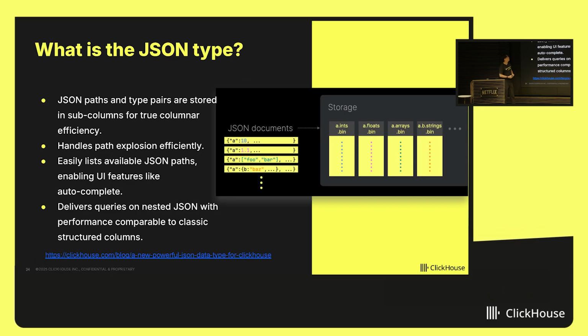And one of the things to talk about is what the JSON type actually is. The big thing that we do is that for every property, we will try to store it as its own column effectively. So instead of having everything stored in one massive column, it will take the paths that you have and store them into individual columns. So every single property will have its own column. And then it also supports a new syntax for querying it, so it's a little bit easier to query as well. Instead of the weird map string indexing syntax, it feels a little more like querying JSON like you might be used to normally.